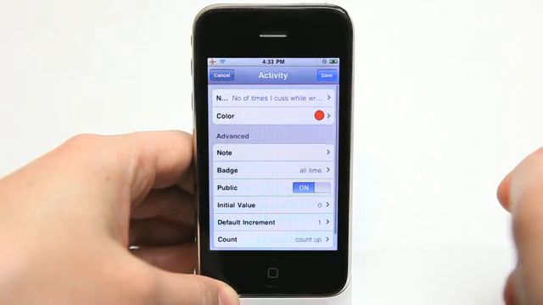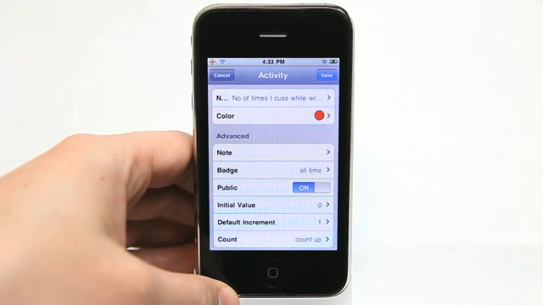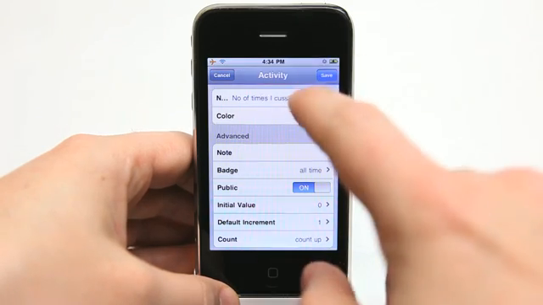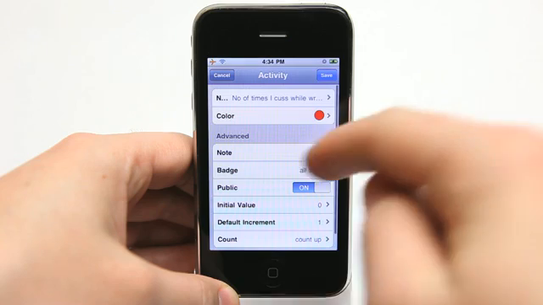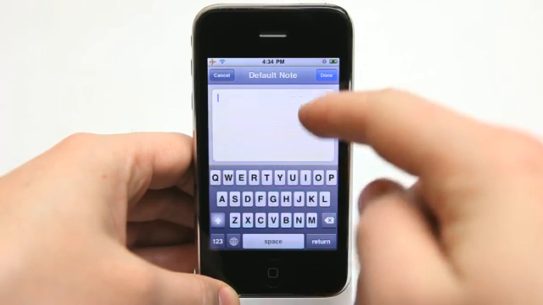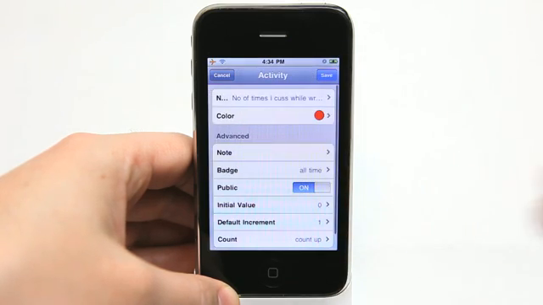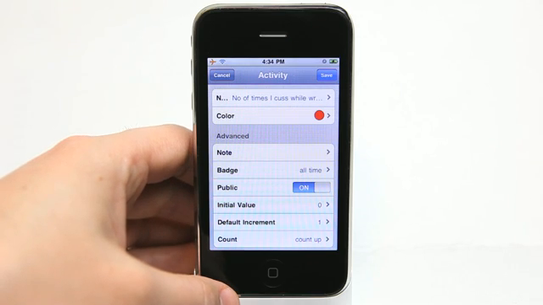If I tap on one of them one time, I can go in and edit them. So this one's called Numbers of Times That I Cuss While Writing Code, because I'm a web designer and when things don't work, sometimes I say stuff. So I can edit the name here. I can also change the color of that tab. I could add a note to that so that way I can remember exactly what that means. That's a good thing to have when you're adding multiple